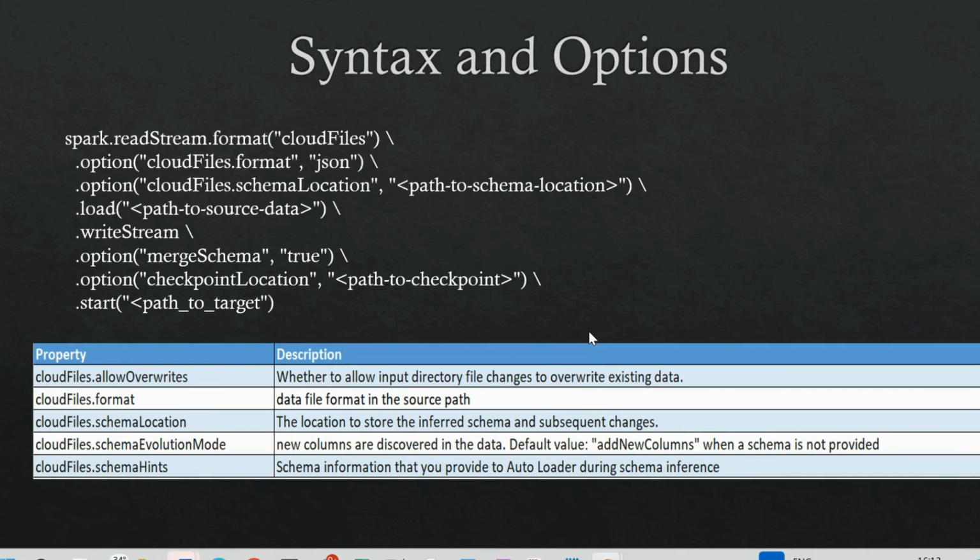So, this schema location means our file will be having some schema, let's say name, salary, employee. What kind of columns or what kind of data type it has, that information is stored in the schema location, correct? Correct. And the checkpoint location means where exactly the file is dropped. Yes, every time you create a commit, whatever the checkpoint, like you are creating a table, that is a commit that you are doing. So all these details are present in the checkpoint location. Means it's the location where the file will be dropped, like the landing zone of the file.